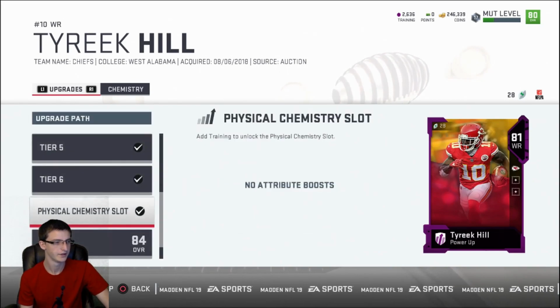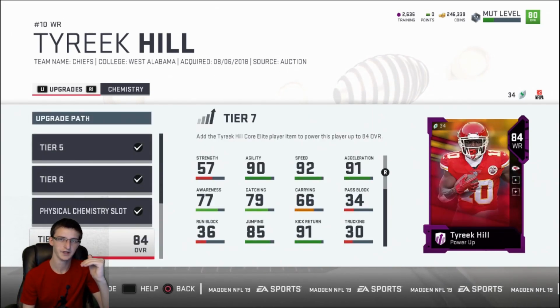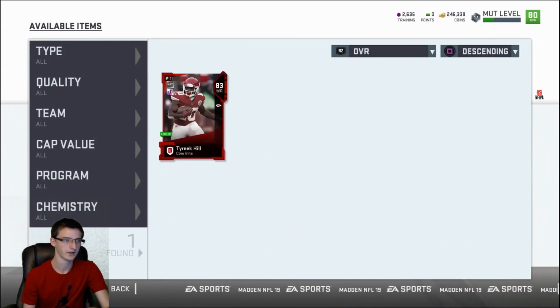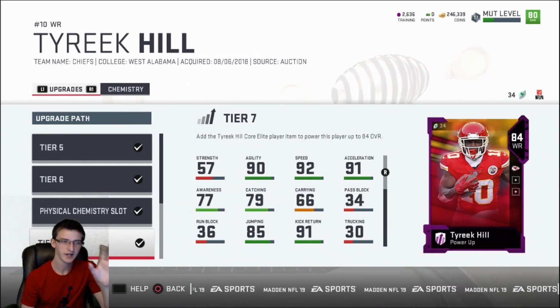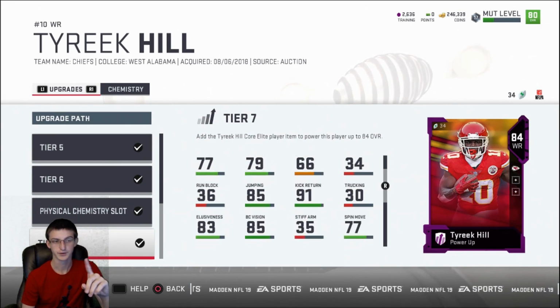Now going back, the last one for now on this item is the item of the actual base elite. As you're going to see right here, we have select item for binder, Tyreek Hill. Put the Tyreek Hill into the set, and boom, fully upgraded: 92 speed, 91 acceleration, 90 agility, 79 catch, 85 jumping, kick returns all the way up